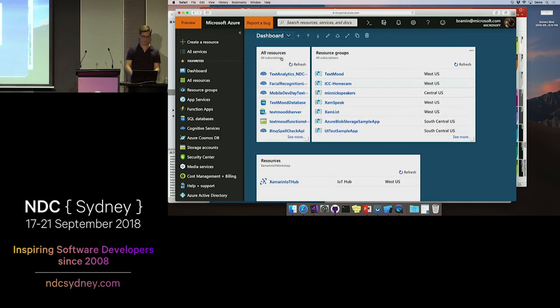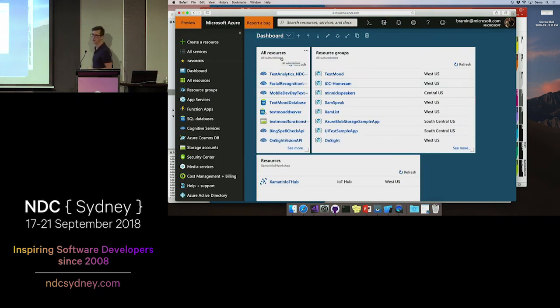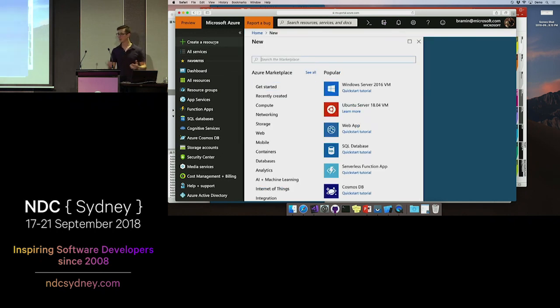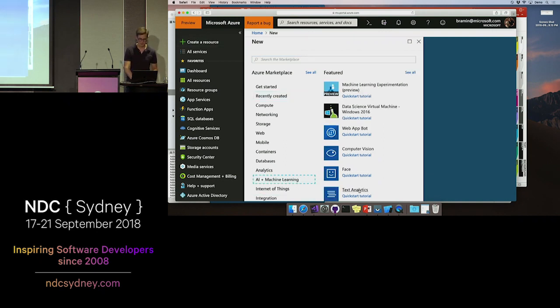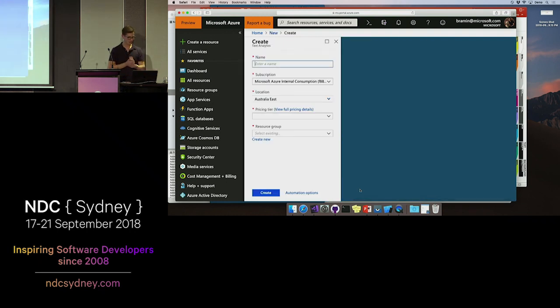So if you were to maybe want to create a SQL database in the cloud, maybe you want to create an API in the cloud, those are just called resources in Azure. So as you can probably guess, I just come right here to create a resource because the text analytics service, also a resource. And I come down here to AI machine learning. And right here we have the text analytics. So pretty easy to sign up for it. We just gotta give it a name. We can name it whatever. Doesn't have to be unique.